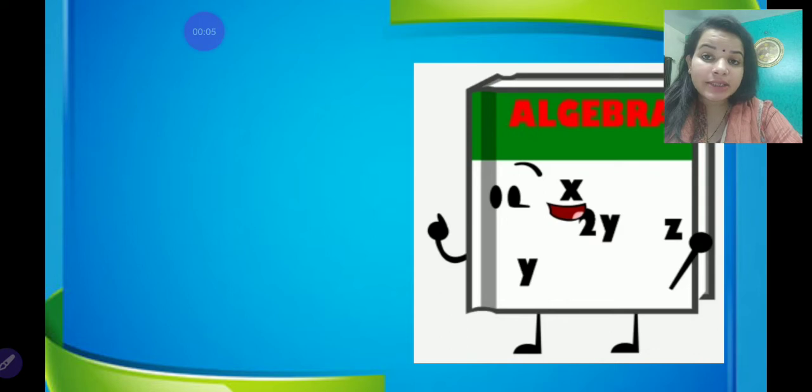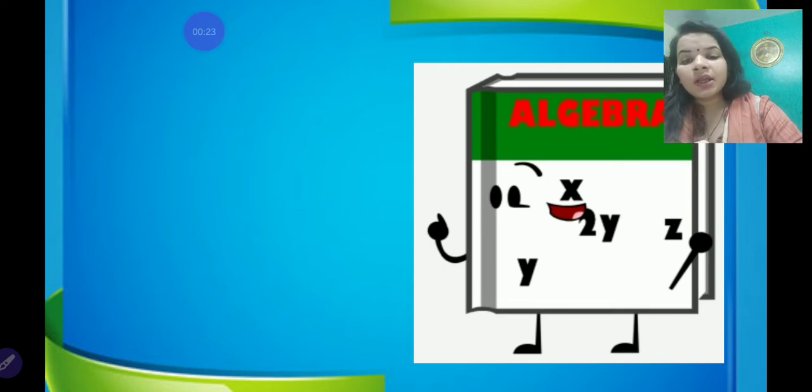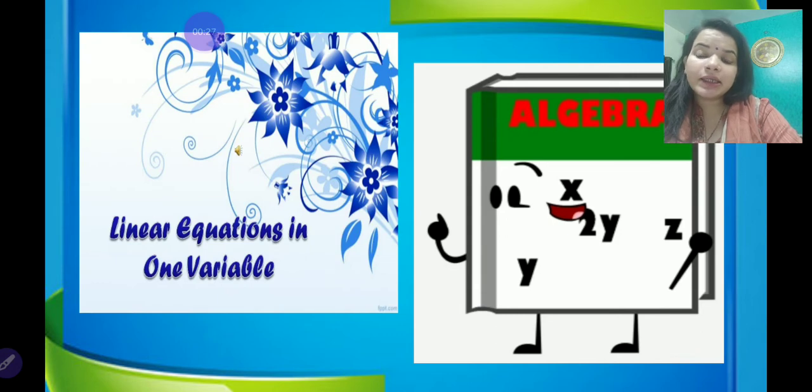Children, we are doing the chapter algebra, right? The topics that you have already done in this chapter are variables, constant, algebraic expressions, powers and exponents, and you also know about the substitution method. Yes, how to put a value in the variable and how to solve the expressions, right? Now the next topic that we will be taking in this chapter is linear equation in one variable. Now let us know what is a linear equation and how to solve it.